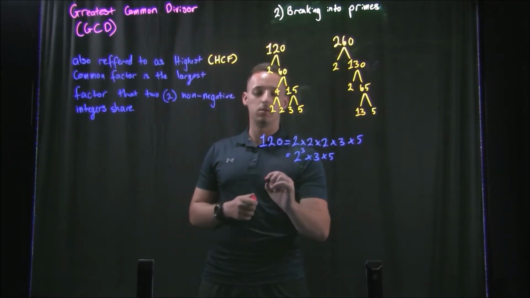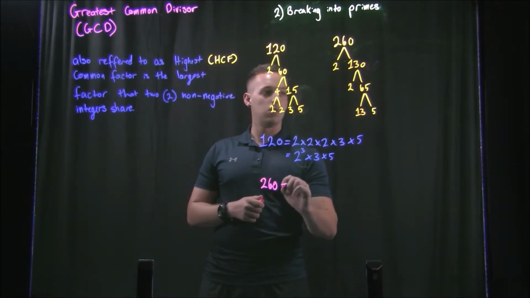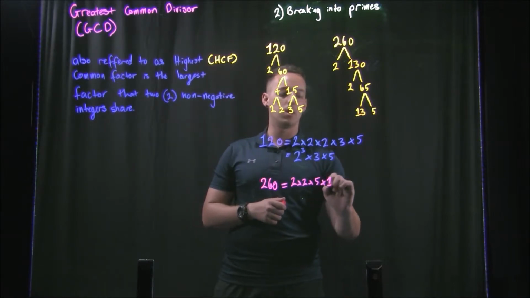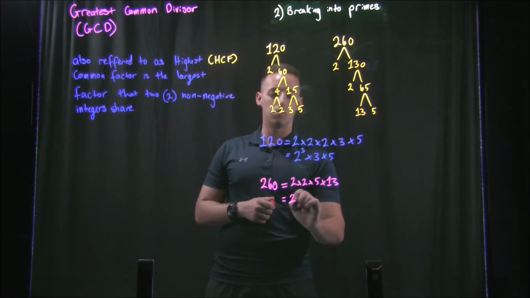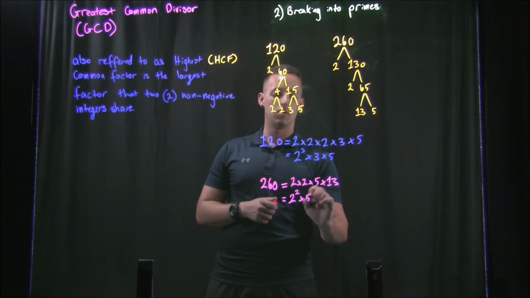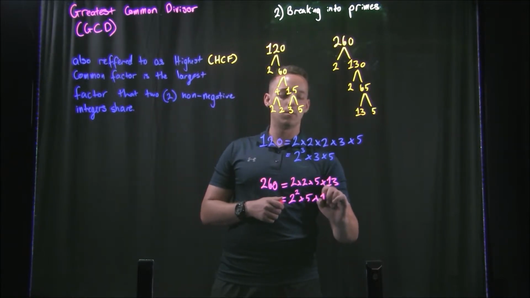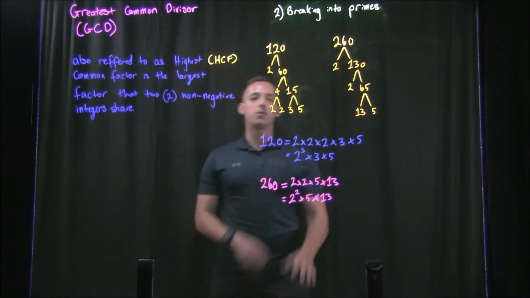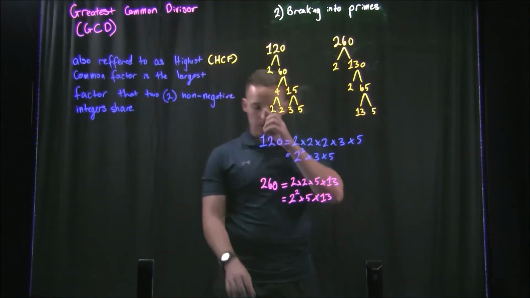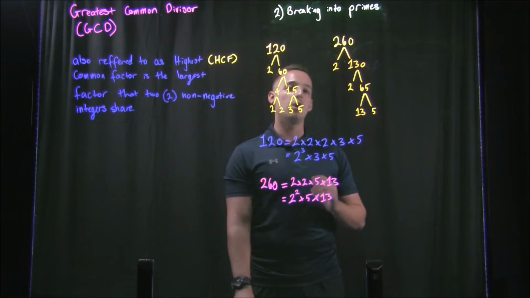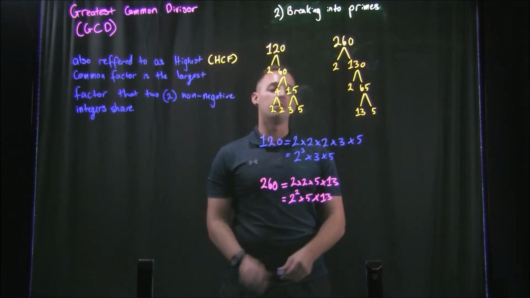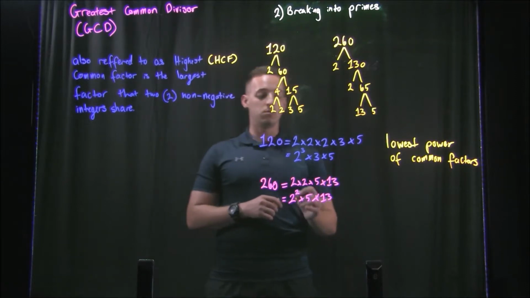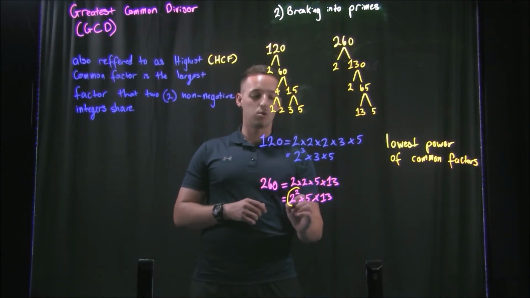And 260 equals 2 times 2 times 5 times 13. Or 2 squared times 5 times 13. So at this point, I've got both of my numbers broken down into primes. Now what I do is I take the lowest power of common factors, which in this example would be 2 squared